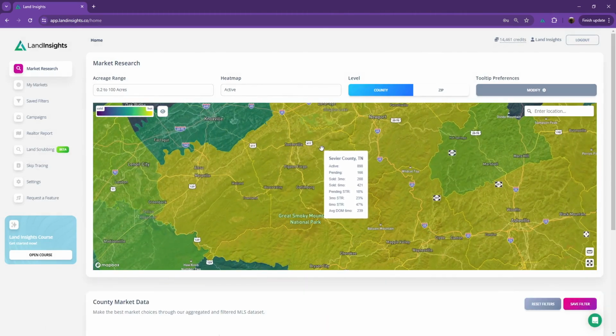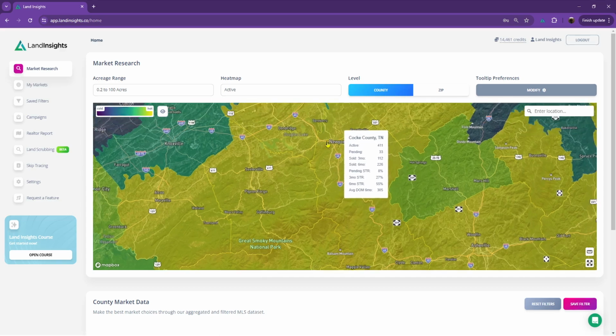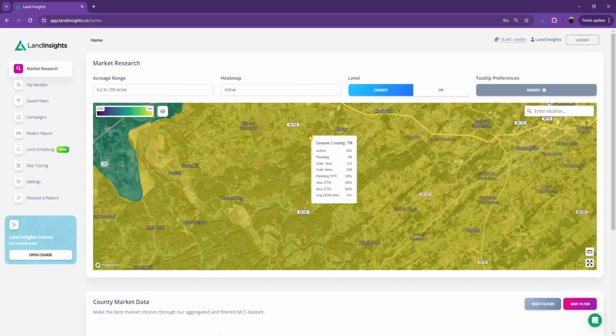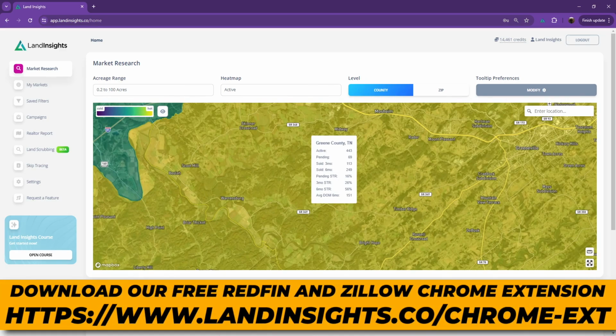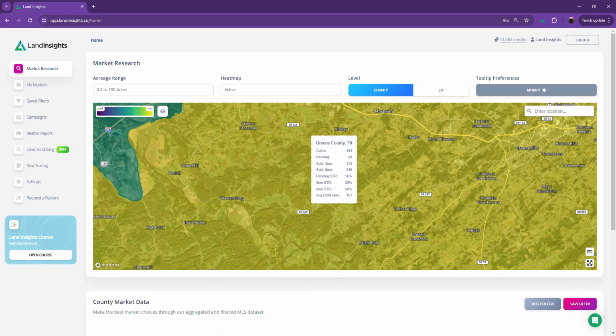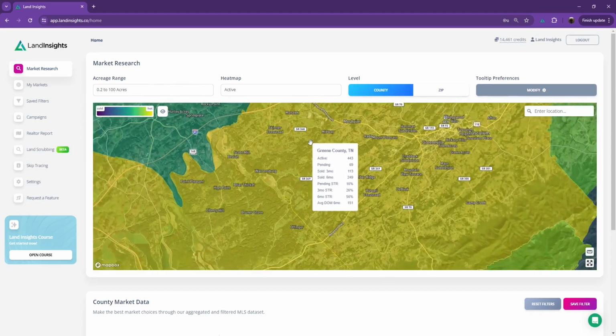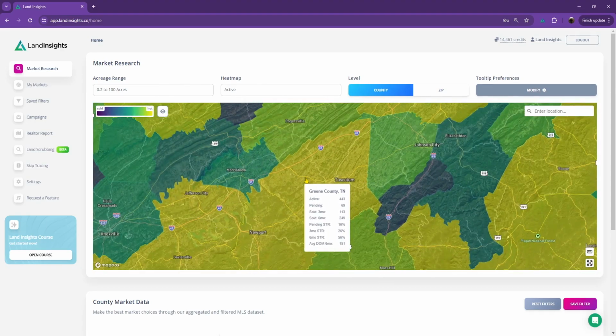The beautiful thing about this is now we can start analyzing these data markets with this data. And the way I like to look at this is I like looking from the top down on my tooltip. I like analyzing it kind of like a story where I'm understanding that county more and more as I go down the tooltip. And I'm using these data points to disqualify whether or not I like this market, or disqualify this market and understand whether or not it's something that I can justify targeting. If I can't justify targeting it, I really don't need to spend too much more time looking into that market